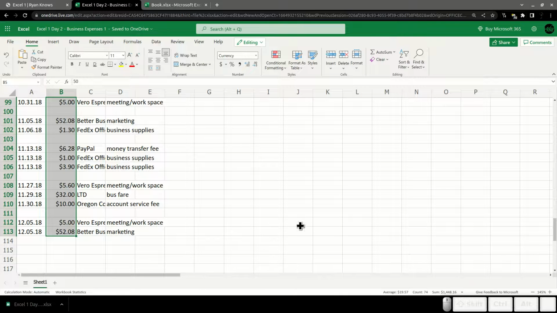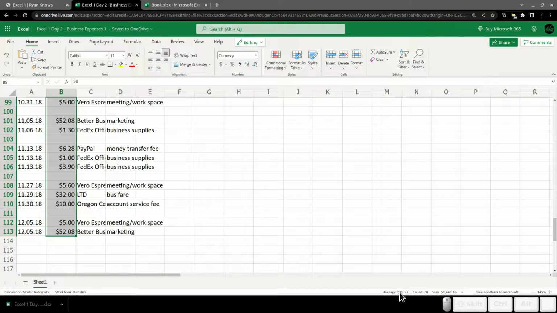I want to show you one thing in case we don't actually need to store the total. Like we don't need it to display. We just need to know what it is really quick. Notice that Excel does a couple of nice things for us just down here. It gives us the average of all of those numbers. However, I do believe it's including the blank spaces as zeros, so the average is going to be a little off. It gives us the count.